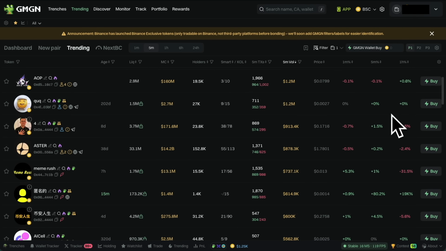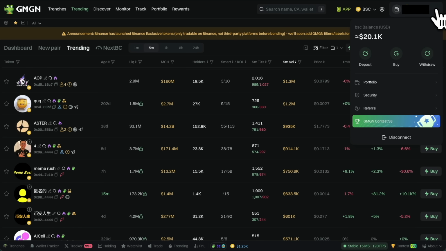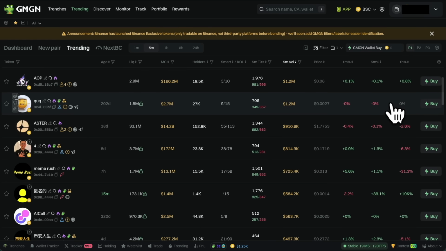And what you want to do first is fund the account. So if you click on the drop down, you'll see a button that says deposit. If you click on that, it will then give you your wallet address, and that's what we want to fund. And let me just explain to you, because a lot of you are new, exactly how it works funding